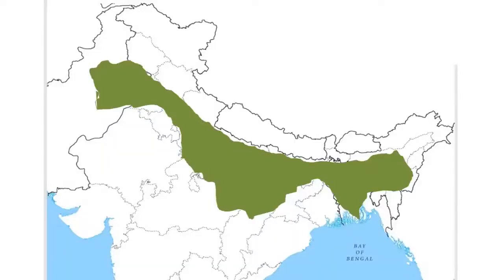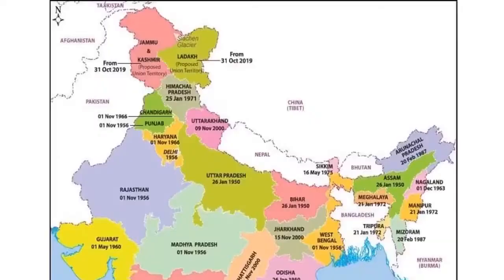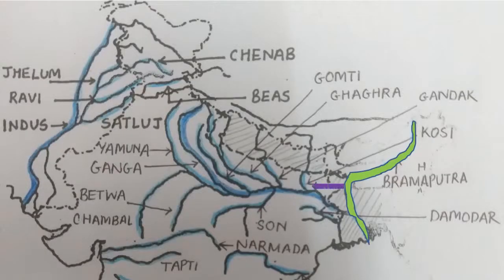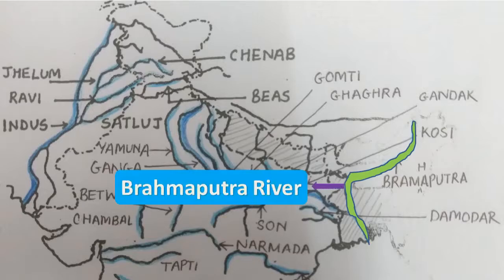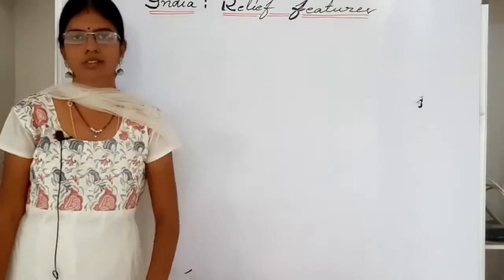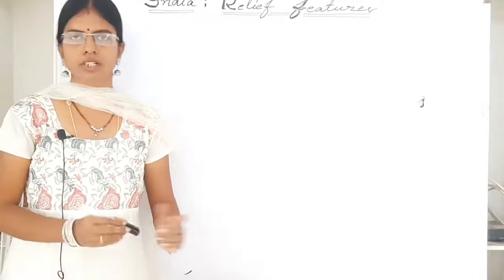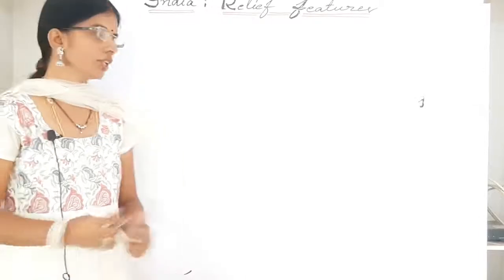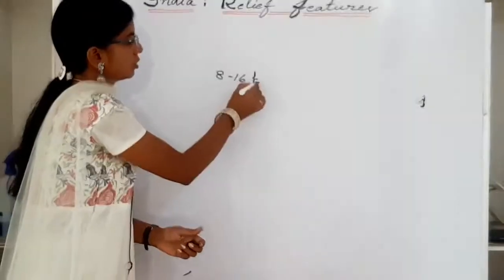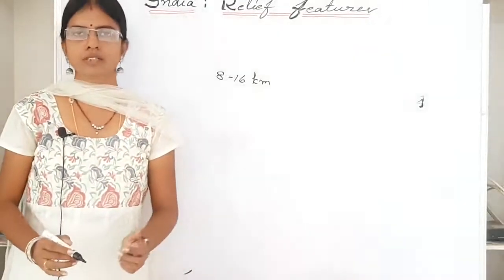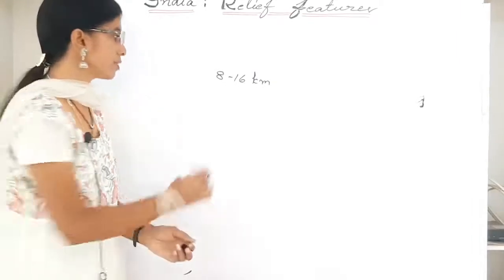Now let's see about the eastern part. This part of the plain exists in the Brahmaputra valley of Assam, and the river Brahmaputra is mainly responsible for its formation. As we have discussed the three main divisions of the Indo-Gangetic plains, the Himalayan rivers, while flowing down, deposit gravel and pebble sediments in a narrow belt of 8 to 16 kilometers width found parallel to the foothills of Shivaliks. This feature is known as Bhabar.